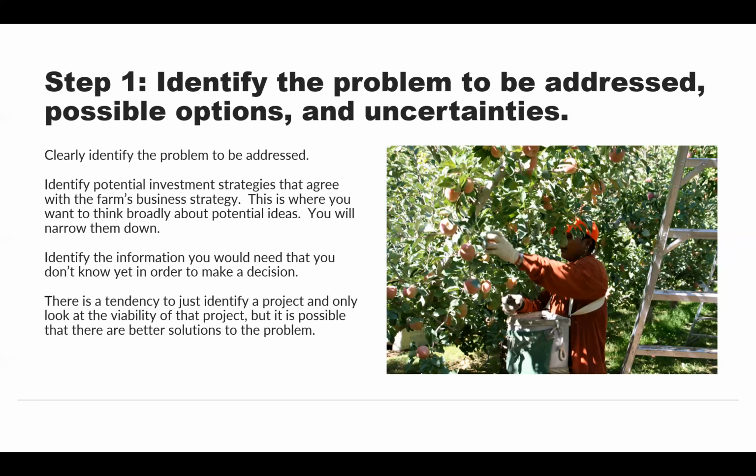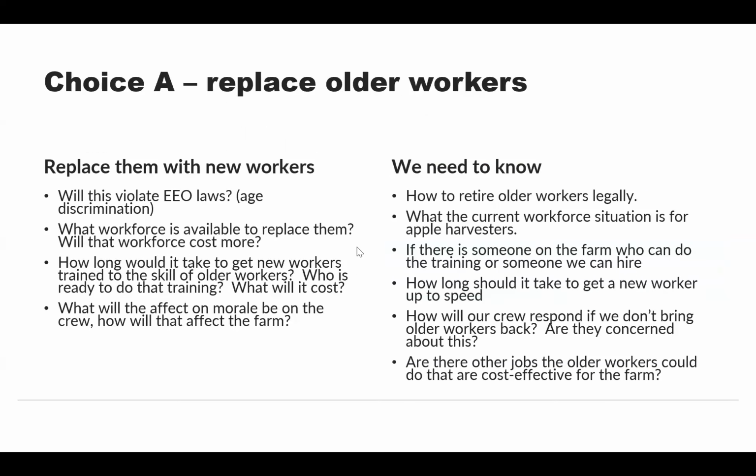But they've heard that harvest platforms might make the job more viable for older and less physically strong workers. And they also think, especially if less physically strong workers could harvest, this could broaden their workforce. So they are thinking that maybe instead of picking apples with ladders, harvest platforms might be something that could solve a problem that they have. So their first choice is to replace older workers. That's what they would do if they didn't change their system.